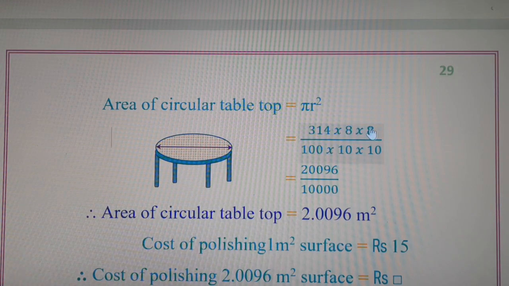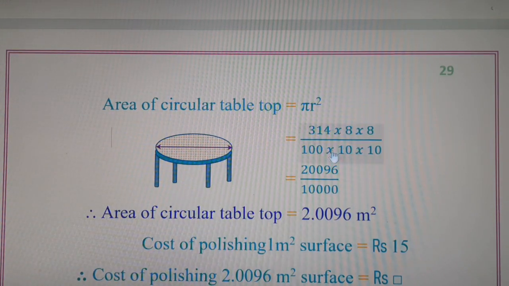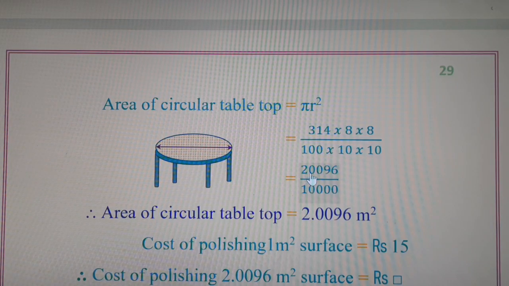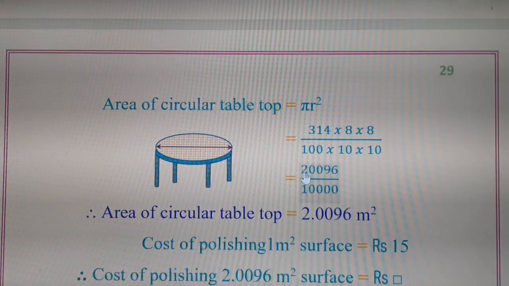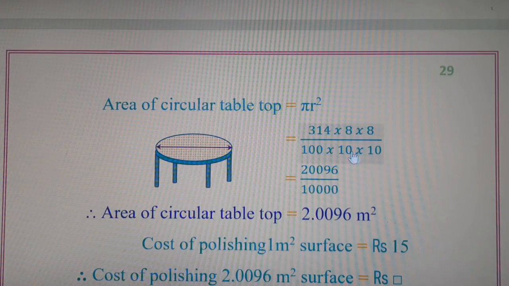314 multiplied by 8 multiplied by 8, whole upon 100 into 10 into 10. So 8 8s are 64, and 64 multiplied by 314 will get the answer as 20,096 in the numerator, and the denominator 100 into 10 into 10 will get as 10,000. 10 10s are 100, 100 100s are 10,000. So 20,096 whole upon 10,000 will be finally written as